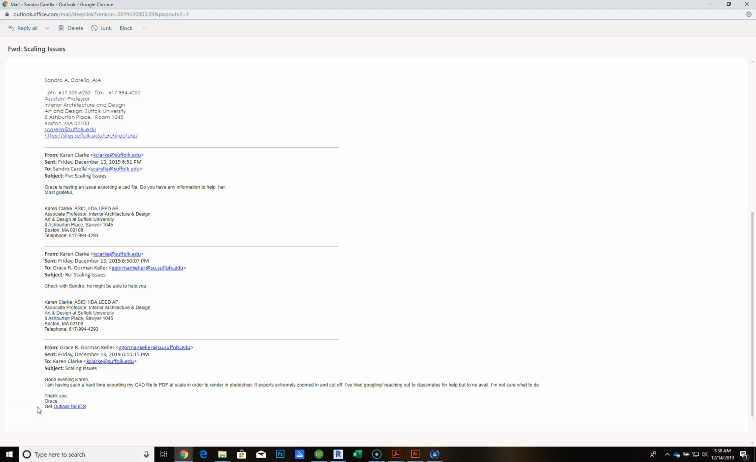This is an AutoCAD basic function of printing a layout tab to an Adobe PDF file. So